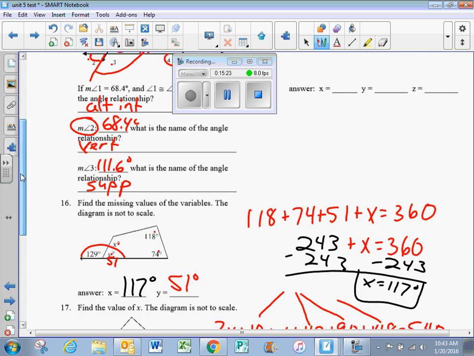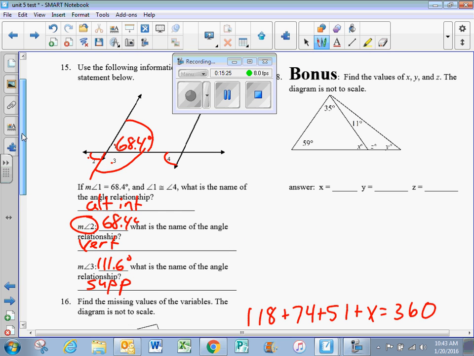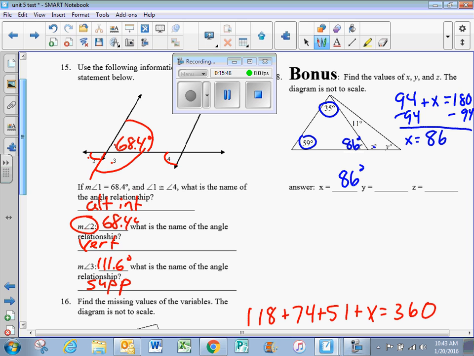Okay? And then to the bonus, this one was actually a pretty easy bonus. Friends thought it was too easy, but I say, come on, let's just let it roll. So if this adds to be 94, 94 plus x has to be 180, right? Because that's a triangle. So then this has to be 86. Okay, so this is 86. If this is 86 and these are supplementary, that's 94. Z is 94. And then if Z is 94,